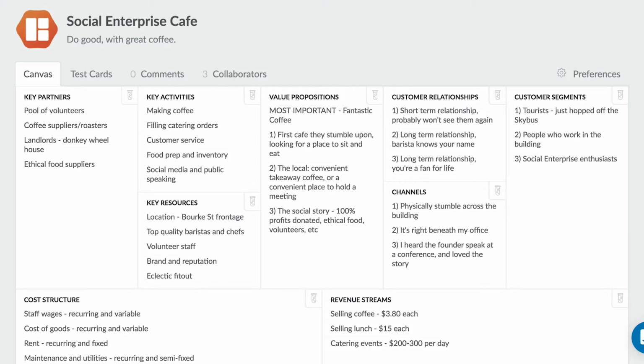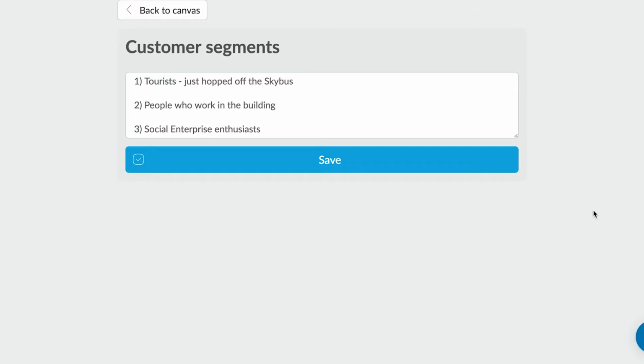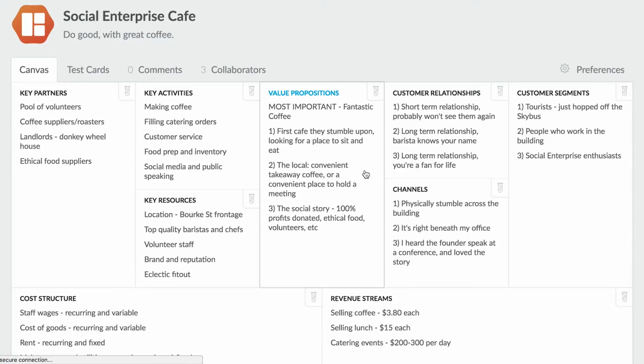What we're trying to understand is who is our customer and why do they come here. I think most social enterprise cafes have three kinds of customers. Let's have a look at them. Our first customer is our tourists and our foot traffic. These are the people who just happen to be walking past, and what we see from their value proposition is they're people who are looking for a good, quick, tasty coffee. They don't want to hear your life story, they just want something right now